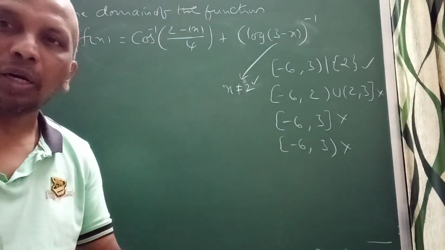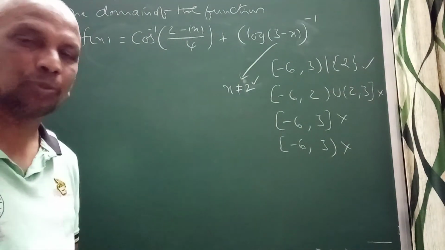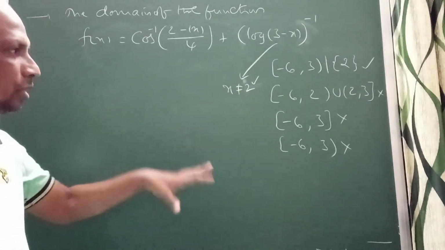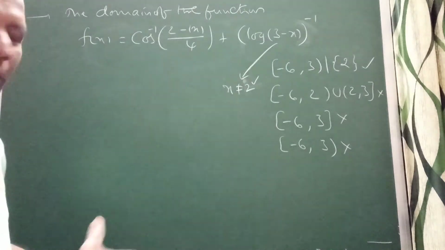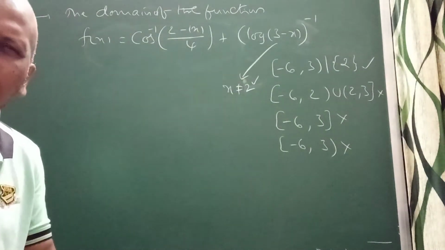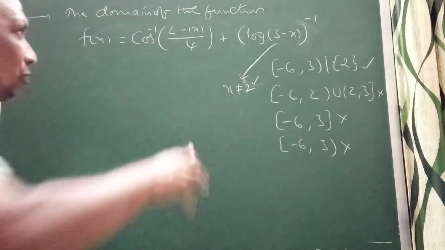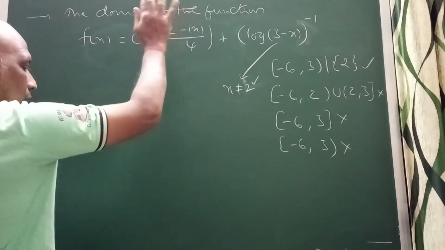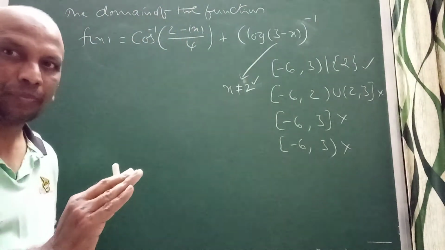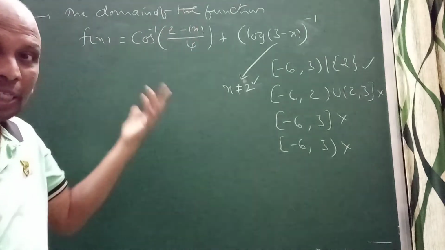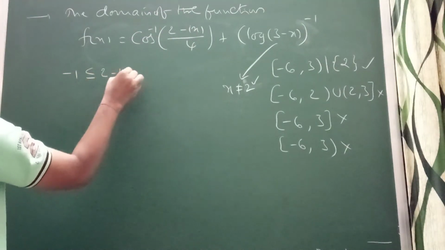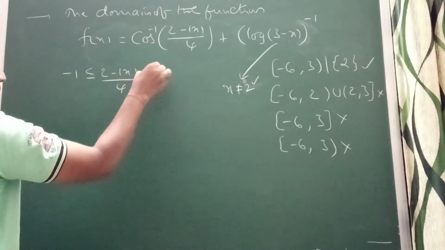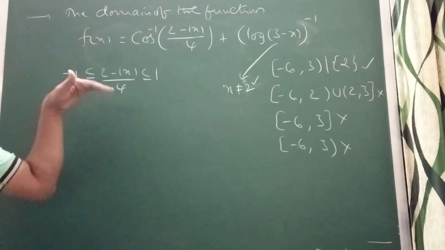But coming to the problem, if you think how to do this, if you think naturally about the procedure, you understood the answer. But I am telling you the methodology also, how to do this. When I am giving the methodology of this, you can observe here. If I take this one, the domain of cos inverse x, this value lies between minus 1 and 1. You think minus 1 less than or equal to 2 minus mod x by 4 less than or equal to 1. Think about this part now.